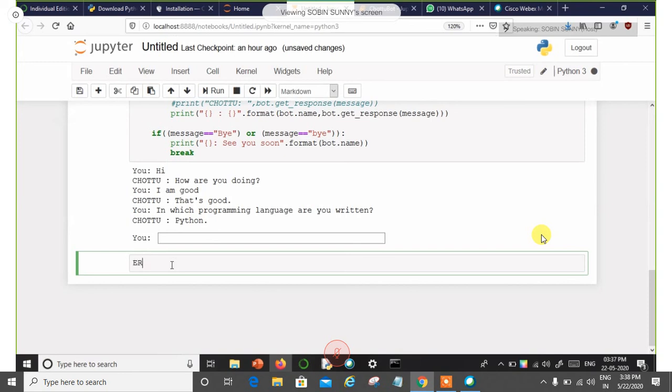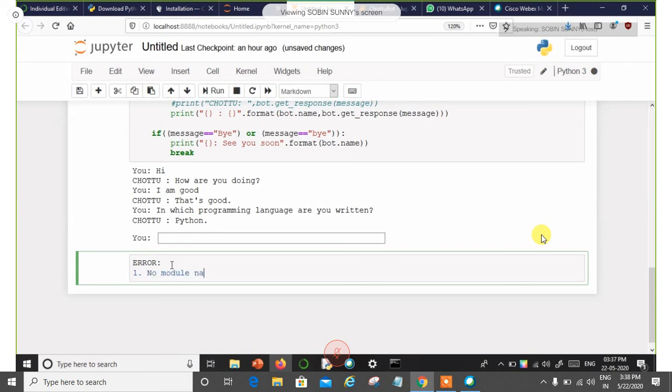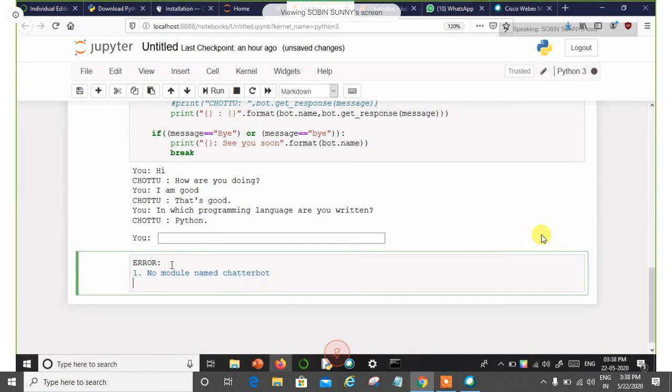The first error is no module named Chatterbot. If this is your problem, solution one: you have to make sure you have installed Chatterbot.